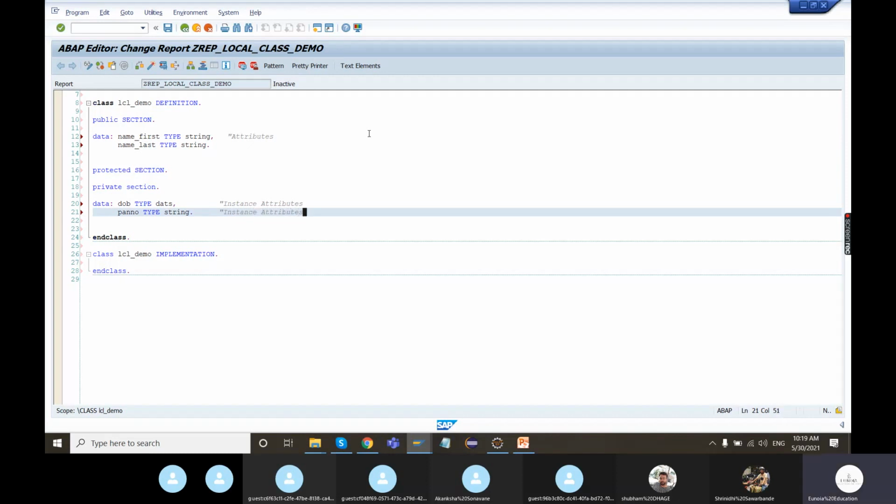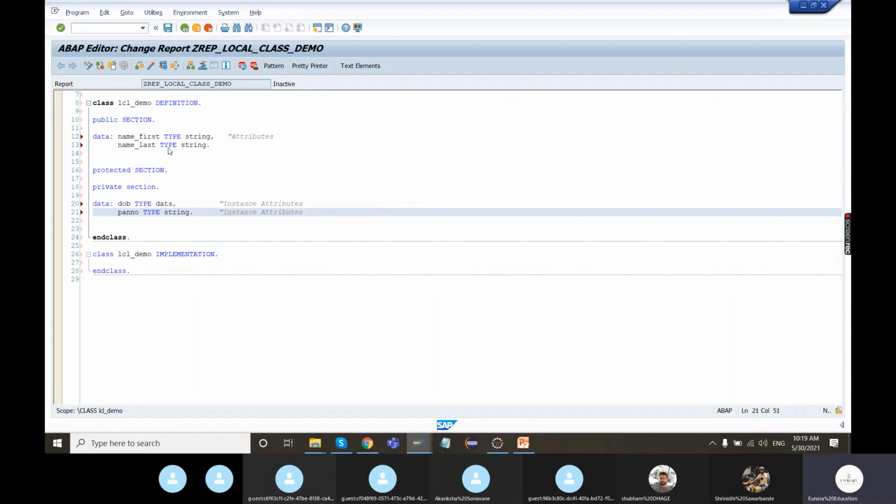These are called instance attributes simply because these cannot exist unless and until you create an instance of the class. जब तक आप ऑब्जेक्ट क्रिएट नहीं करते हो क्लास का तब तक इनके लिए मेमोरी एलोकेट नहीं होगी रन टाइम. That is why these are called instance attributes.